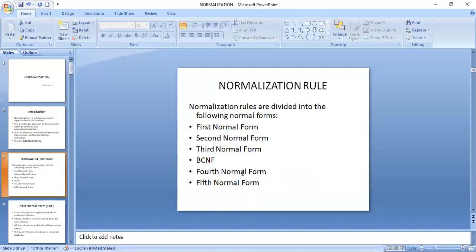So now we should see about various normal forms, because when you are storing the data in the database, the data whichever is stored in the database is a permanent storage. It is not a temporary storage. Likewise, we store the data into the hard disk. The same thing happens here. It is a permanent storage.